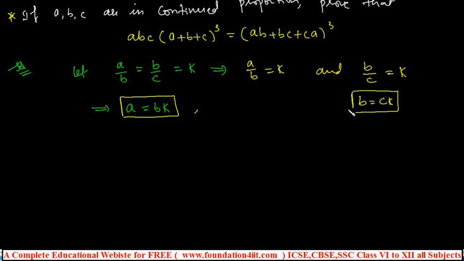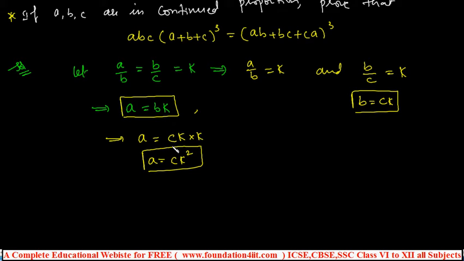If you want the A value in terms of C, then A is equal to B into K, and B is nothing but C into K, so again from this it is CK square. That means all the first term should be converted into the last term, except the B. Leaving out the middle, we have to convert like this.